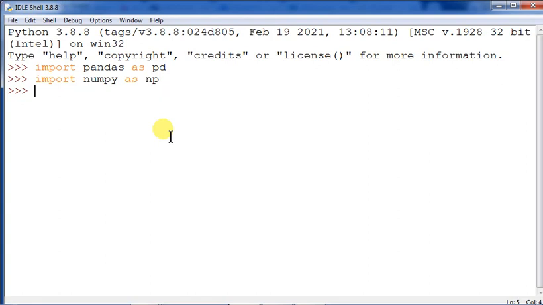imported. Fine. So now I am creating a series s1 equals pd.Series, and I'm taking a series out here, say 34, 56, np.nan, the nan value, and then I'm taking 67 and then 89. So these are the values that I have taken out here. Now you see, students, this series has been created. Just pressing enter, it will show you the series.